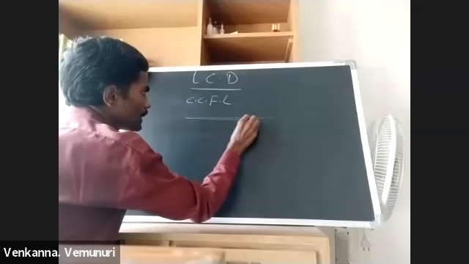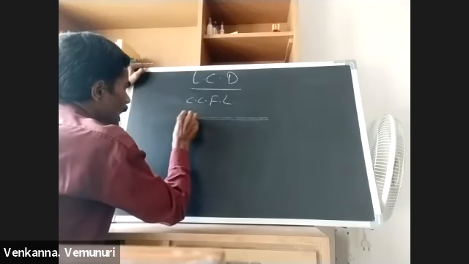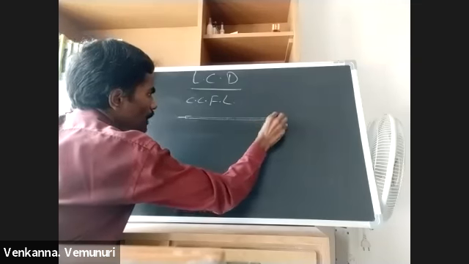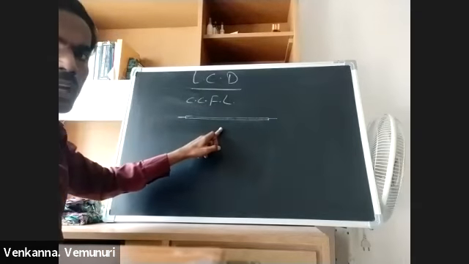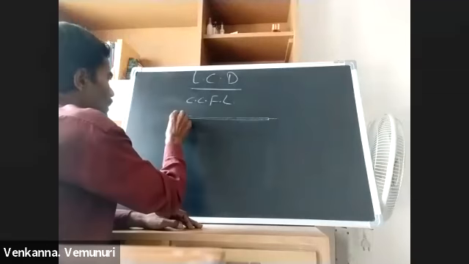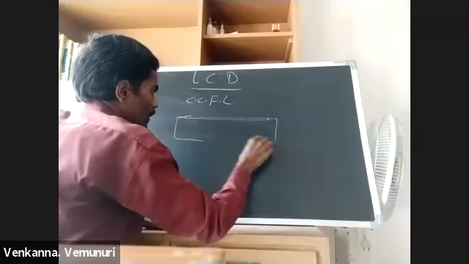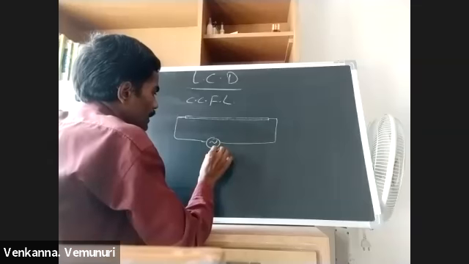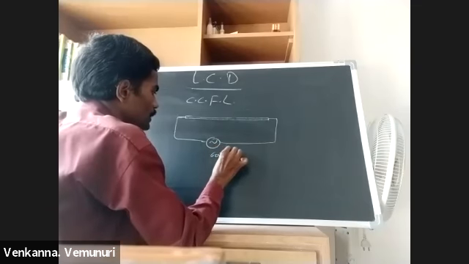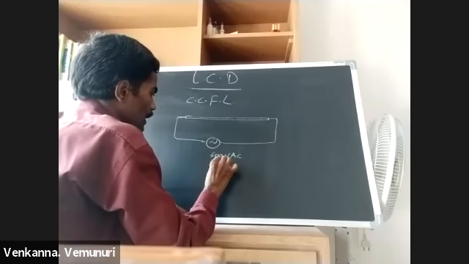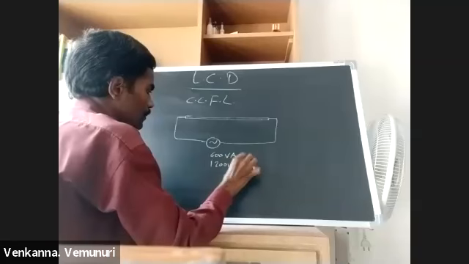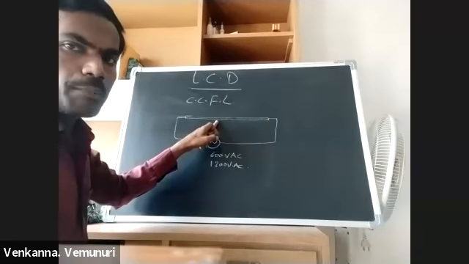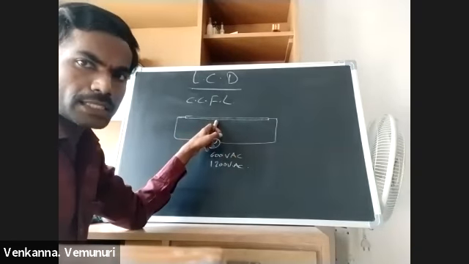It looks like a very thin tube, with one electrode on this side and one electrode on that side. There is no filament in this. Here we are applying supply. Depending on the lamp, we apply 600 volts AC to 1200 volts AC. With this supply only, this CCFL lamp works and emits light.